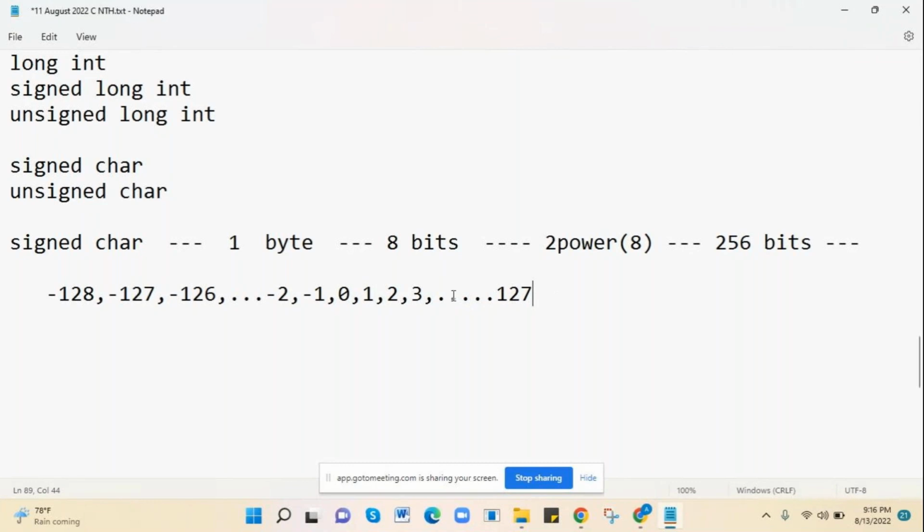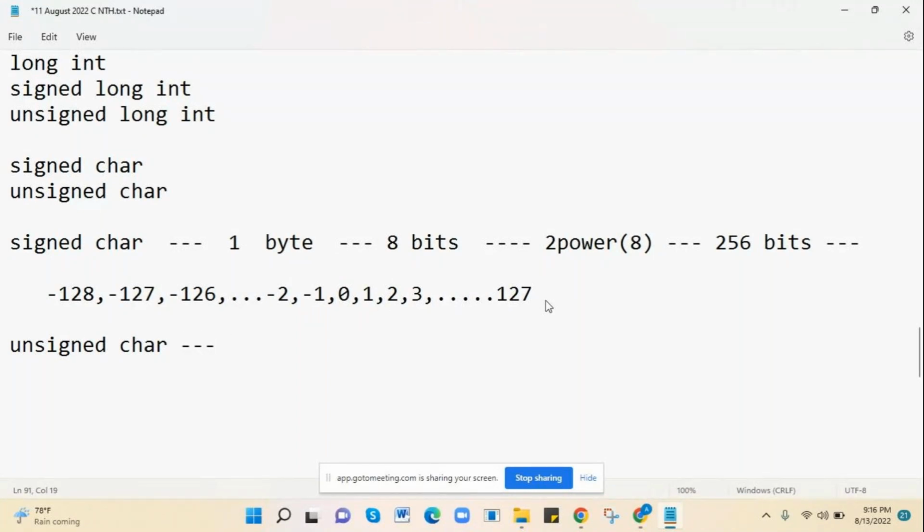Negative values, minus 128 to minus 1, and 0 to 127 are the positive values. It means if you declare any variable as signed char, you can store up to 256 values. These are the values, minus 128 to 127. Next, for unsigned char,